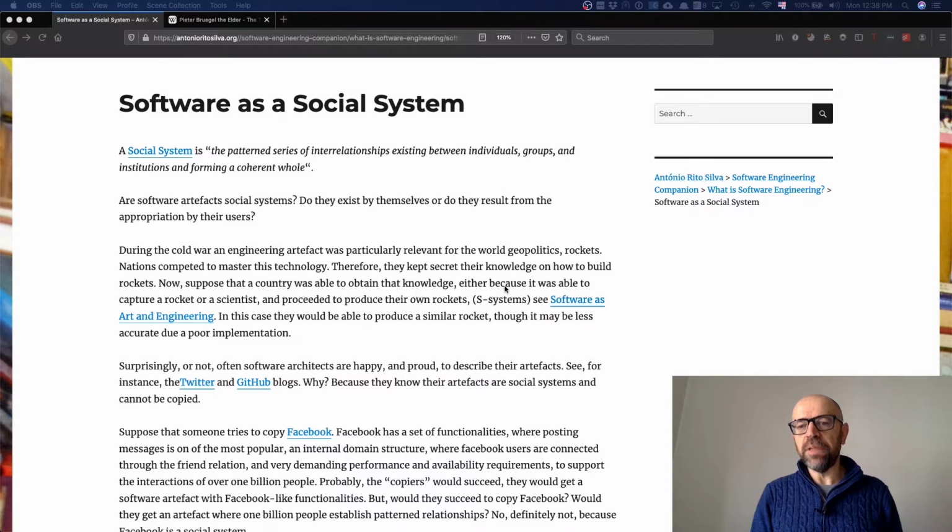They are able to build the same product. So the final product is a rocket that, probably with very few differences, has the same qualities as the rocket they used to copy it.